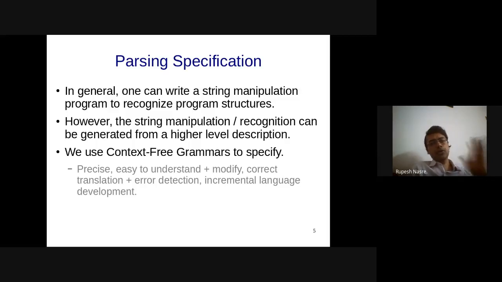Earlier people actually wrote the compiler using string manipulation in the 60s, and therefore the compiler was considered to be a very big beast, because your code would definitely get very messy, and making any change to that was difficult. So when Lex and Yacc were proposed, although these were proposed by two different people, and they have different licensing, and these were proprietary by the way. Flex and Bison are the open source versions of Lex and Yacc.